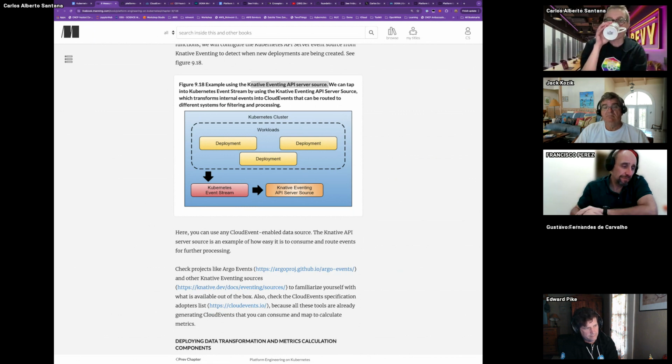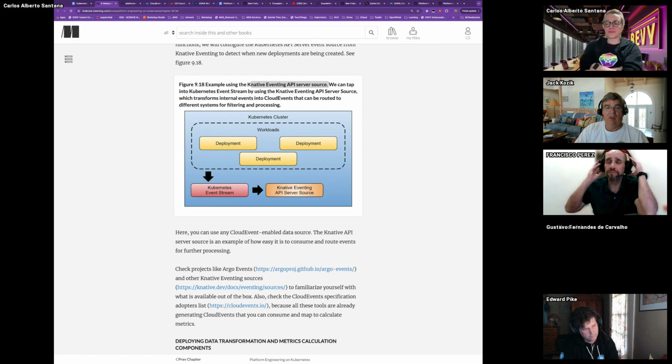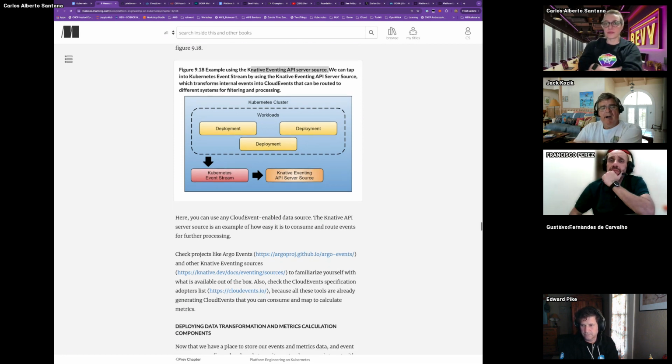When a new deployment happens in Kubernetes, an event gets created. You can do kubectl get event. That becomes a Kubernetes event stream where the Knative API source code is capturing that information from Kubernetes and converting it into cloud events.